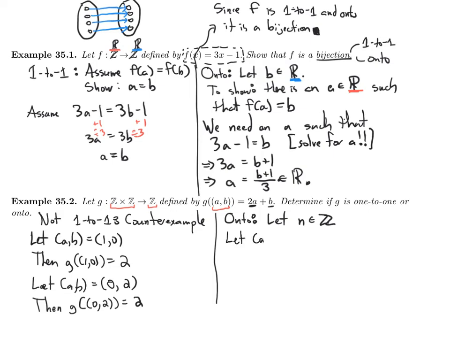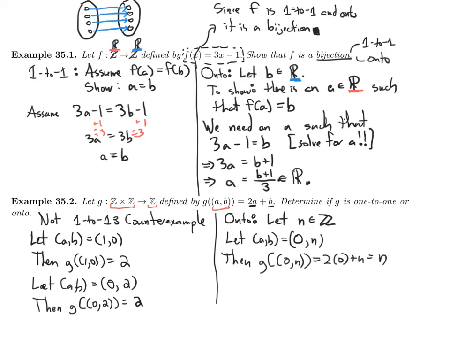Let a, b equal 0, n. So a equals 0, b equals n. Then g of this ordered pair, 0, n, equals 2 times 0 plus n, which equals n. So if you pick any element you like in your codomain, you can find an element in the domain, this one is 0, n, that gets mapped